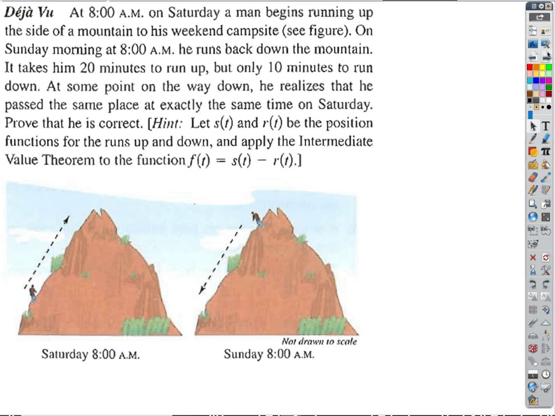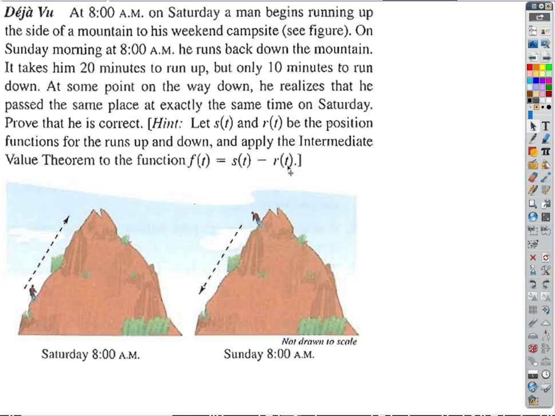If we say that S of t is the position, your distance from the trailhead, on Saturday, and R of t is your position relative to the trailhead on Sunday, right? Well, how far up is it? We don't know. Say it's a mile. Well, if f of t is going to be your position on Saturday minus your position on Sunday,